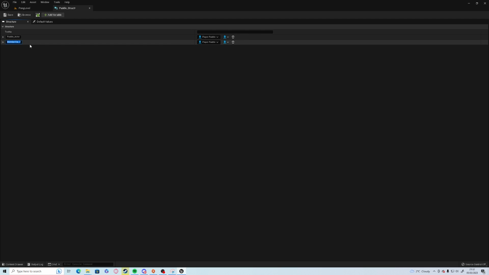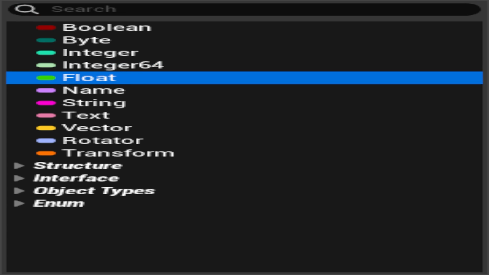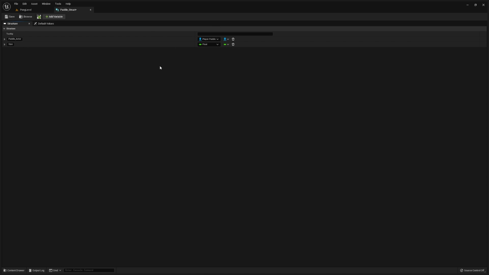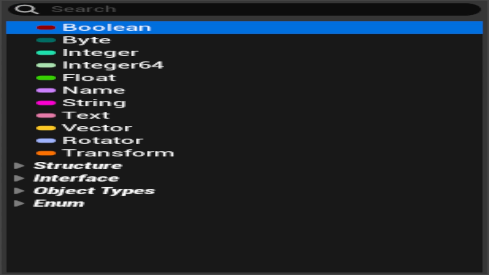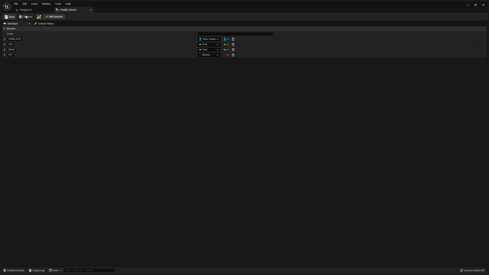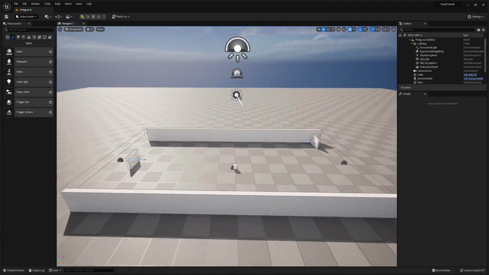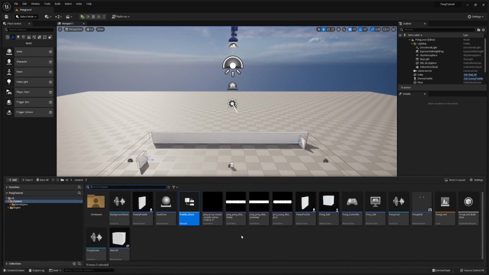Add a new one, and we're going to call this size, and we're going to call it a float. This is because we're going to use this as a multiplier rather than actual size. Speed, we're going to keep that as a float as well, and we're going to have icy, and we're going to have that as a true or false boolean. Save that, and next we're going to go into the game mode,